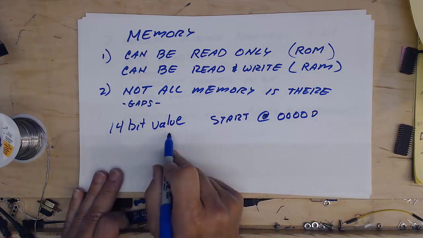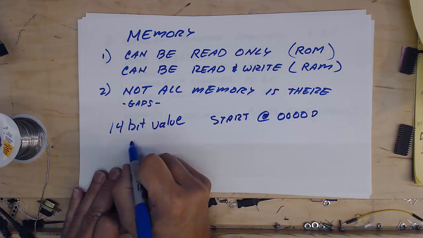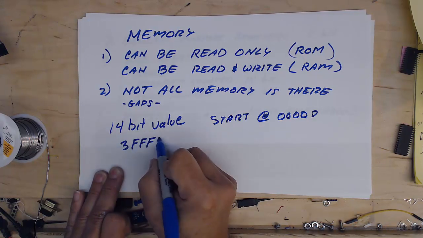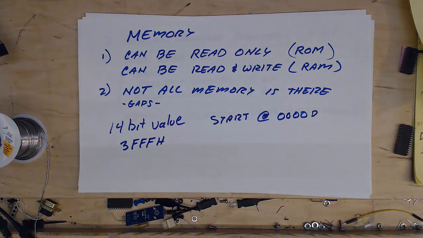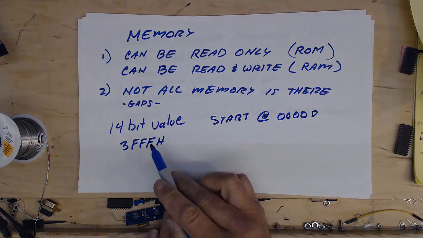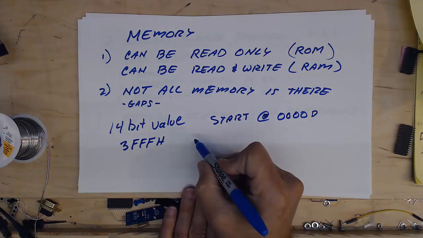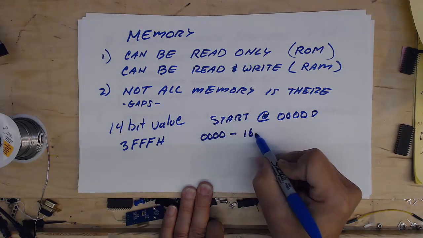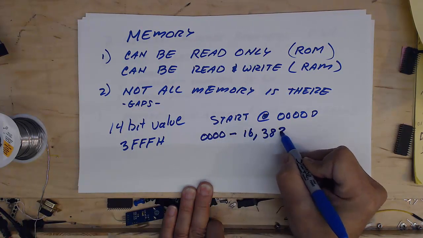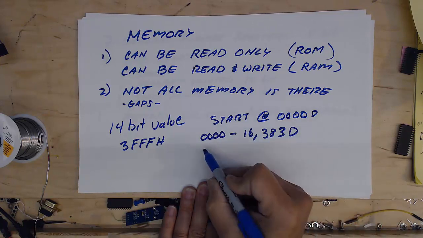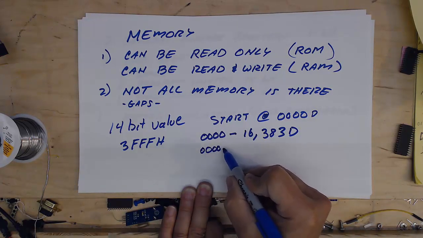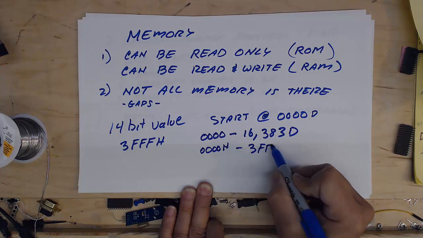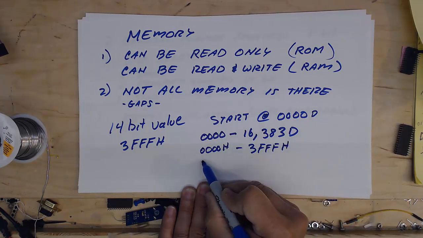And of course, with a 14-bit value, the maximum value we could have would be 3FFF if we're talking about hex. So our memory is going anywhere between 0000 and 16383 in decimal, or 0000 hex to 3FFF in hex,